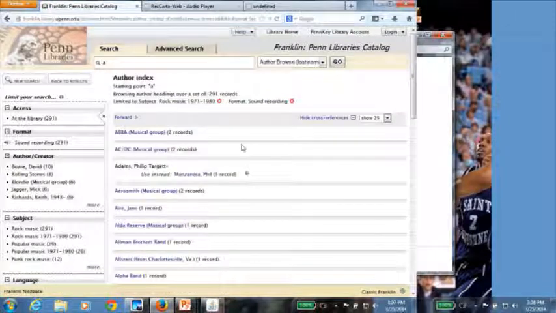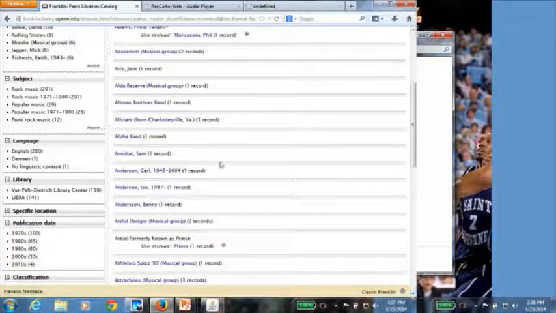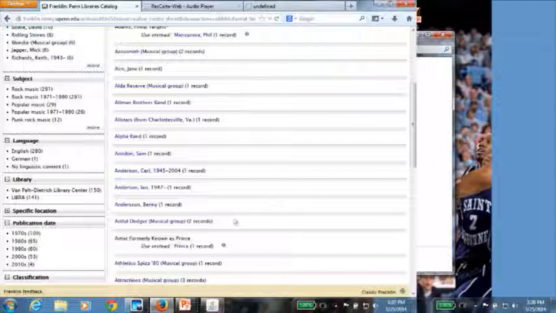So now it's as though we're in the record store, browsing through records in the rock music section by author. But it's restricted by subject, it's restricted by format, and you also notice that it has cross-references.